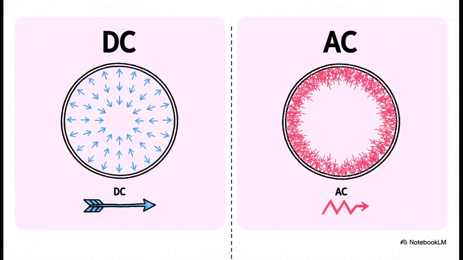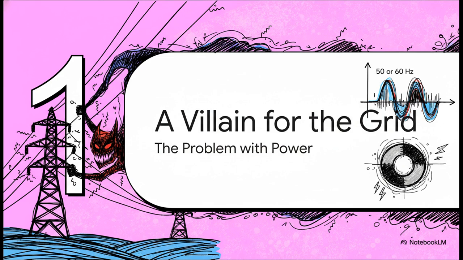On the left, you see how DC electricity just uses the entire conductor nice and evenly distributed. But on the right, with AC, look at that. The current is all jammed into this thin layer right near the surface. The center of the wire is basically a ghost town, carrying almost no current at all. It's a total traffic jam on the very edge of the road, while there's a wide open highway right down the middle. Now you might be thinking, okay, weird, but so what?